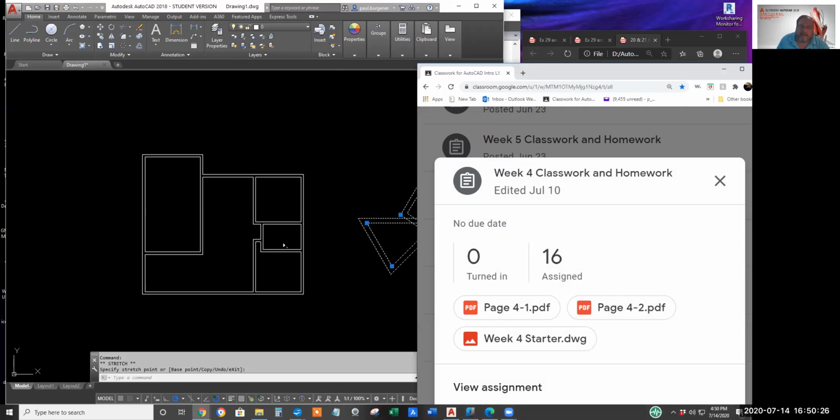The hard part about the stretch command is remembering that you absolutely have to use a crossing window. And the lines that are crossed with the crossing window are the ones that turn into rubber. So if I want these 3 rooms to move, I'd completely enclose them with the crossing window.